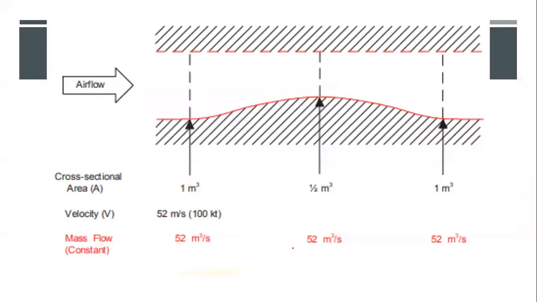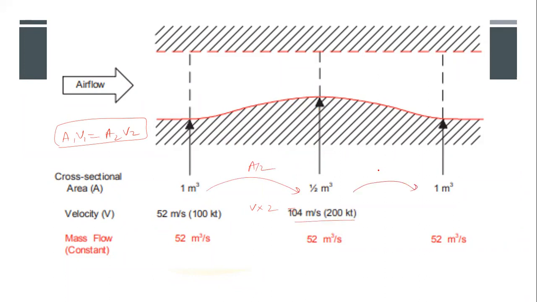Then we did an example and we saw that when we actually apply this theory, which is AV equal to constant, or simply A1 V1 is equal to A2 V2, we can actually find the results. When we reduce the area of cross section by 2, the velocity increases by 2, and we saw the answer being 200 knots. Then again, if I increase my area of cross section by 2, my velocity reduced, and hence we get that it reduced by 2. And that is how we proved that this theory is correct.